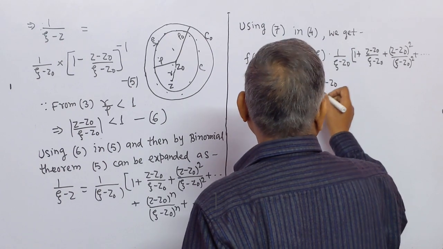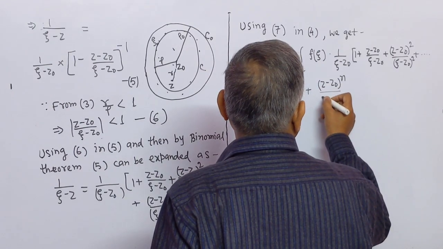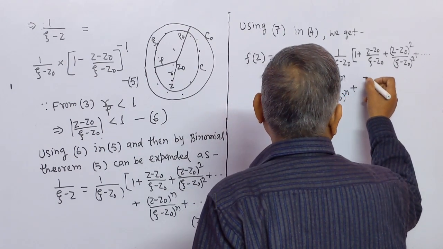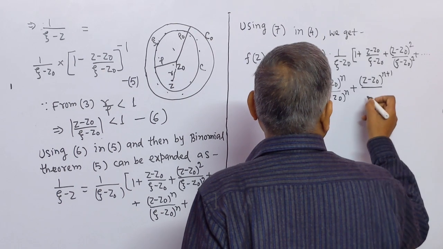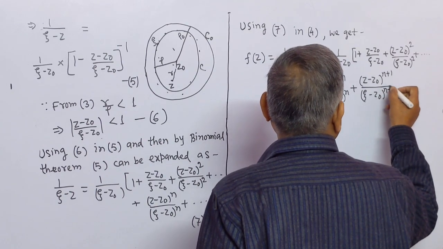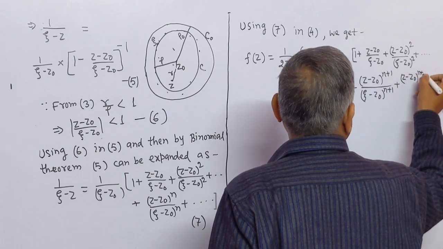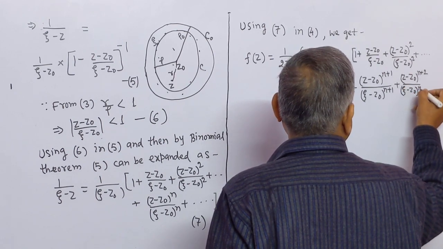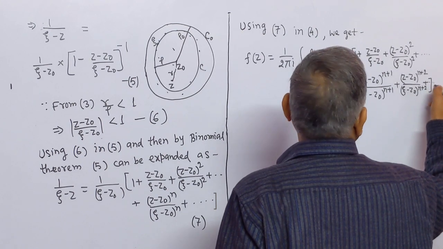(z − z₀)^n/(ξ − z₀)^n + (z − z₀)^n/(ξ − z₀)^n + 1/(ξ − z₀)^(n+1) + (z − z₀)^(n+2)/(ξ − z₀)^(n+2) + ...] dξ